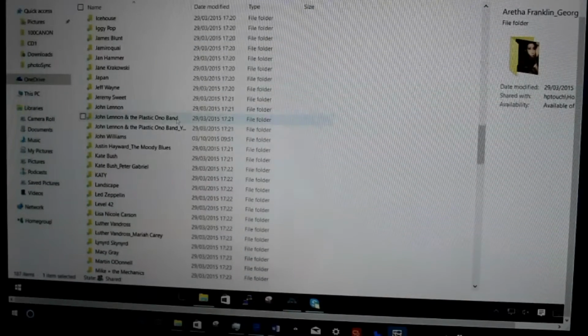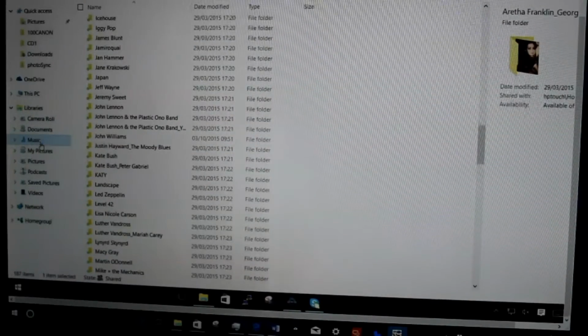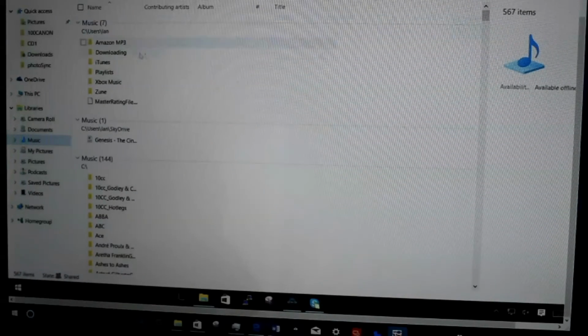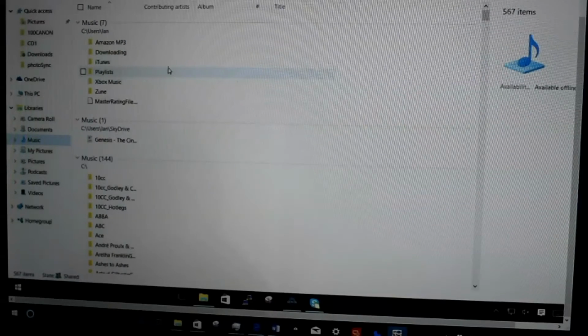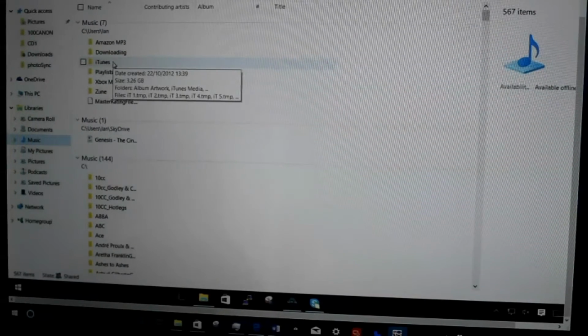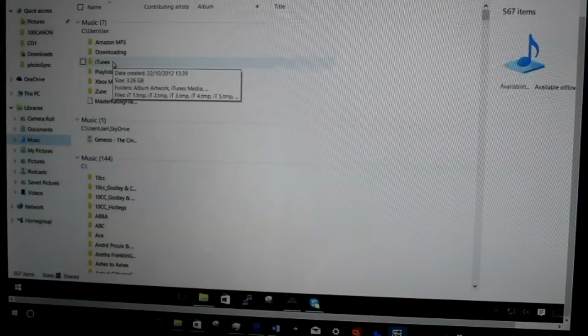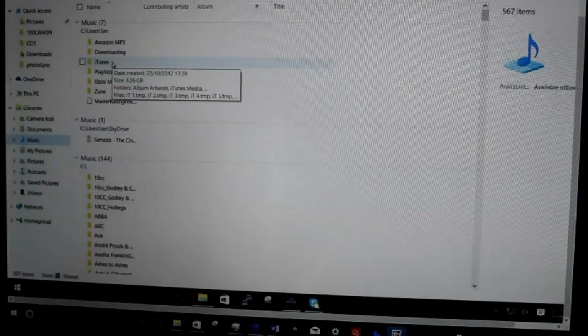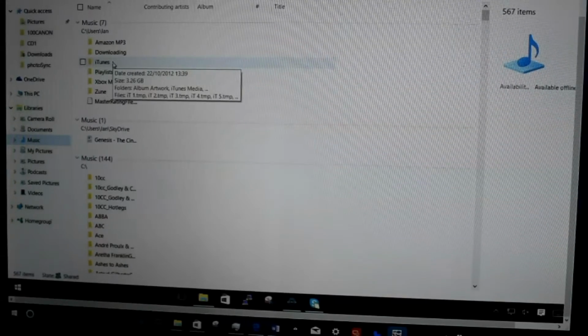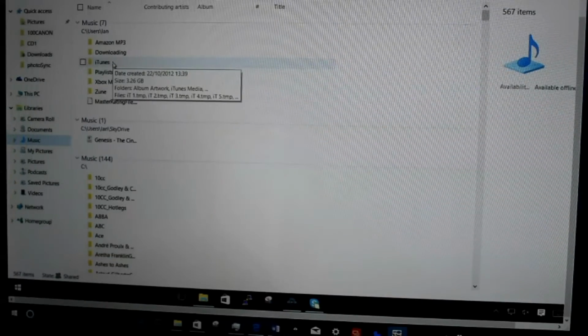Now let's say, let's go to my music folders here. Let's say I've got a folder here called music, and I've currently got all my music in there. Let's say it's in the iTunes folder. Now you don't probably want two copies of it, so what you can do, you can cut and paste this and put it in the music folder in OneDrive, and then